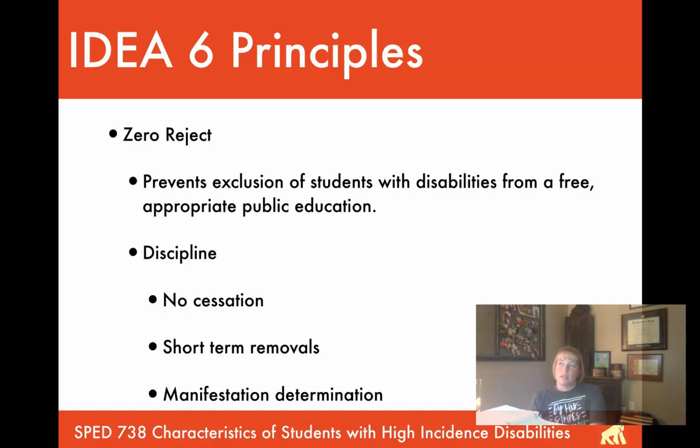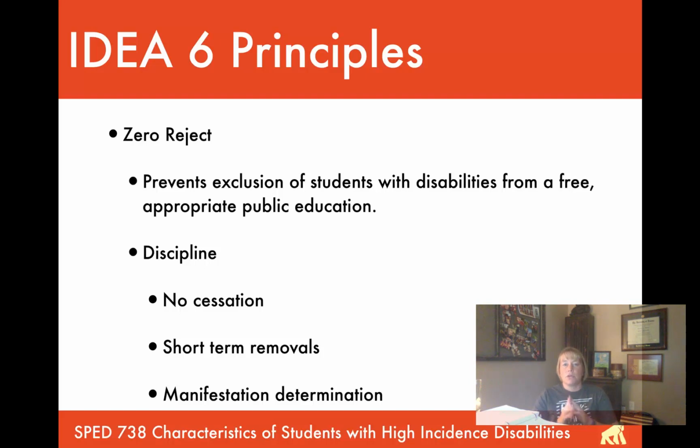So one of the things that we have to do once we do that is conduct a functional behavior assessment. So let's say we have a student on the autism spectrum. They become physical with another student, and we're looking at suspension because of that. What we need to do next is determine, did that behavior occur because of their autism? And if so, we have to do a functional behavior assessment and develop a behavior intervention plan.